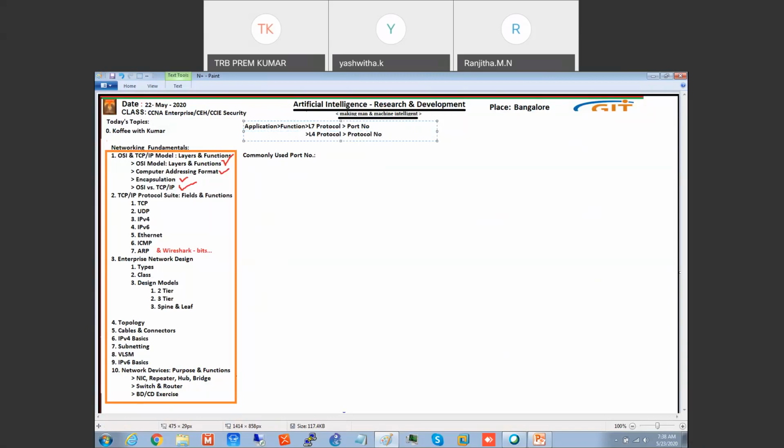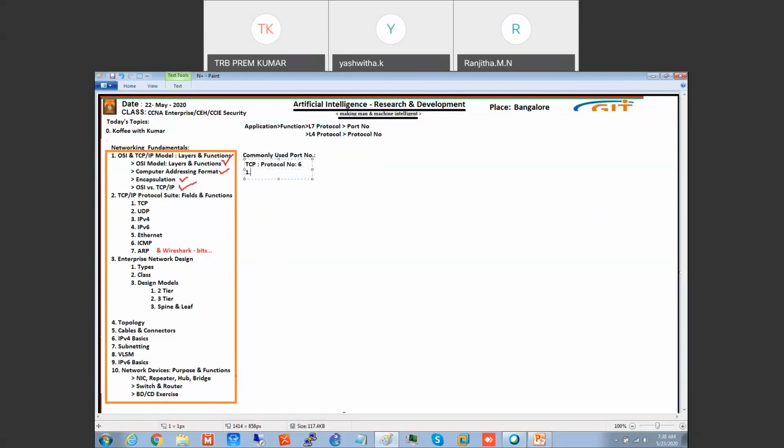Now we are going to discuss port numbers. The next topic we are going to study is the TCP protocol suite, understanding the port number and protocol number. Whenever I take an L7 protocol, any application, I'll divide that into TCP. TCP protocol number is 6.